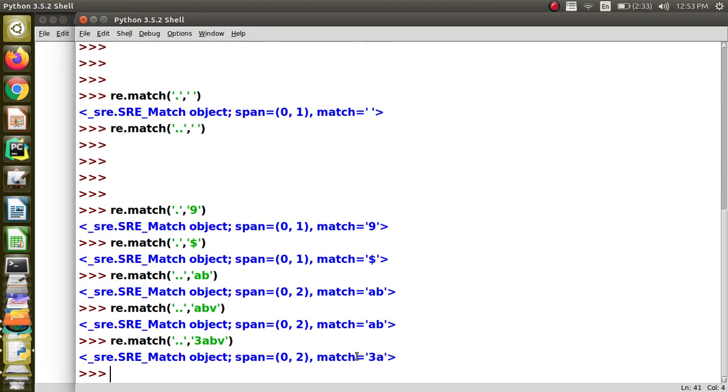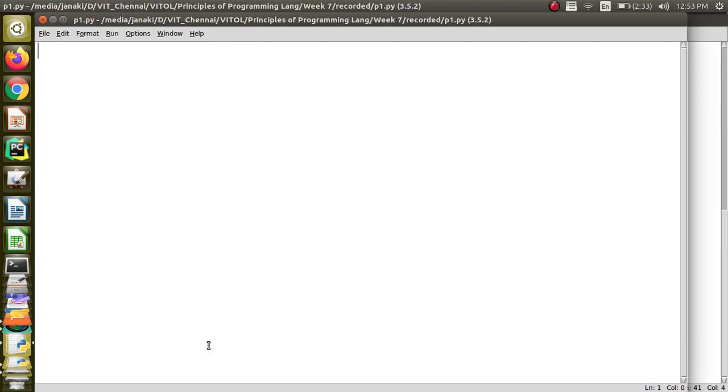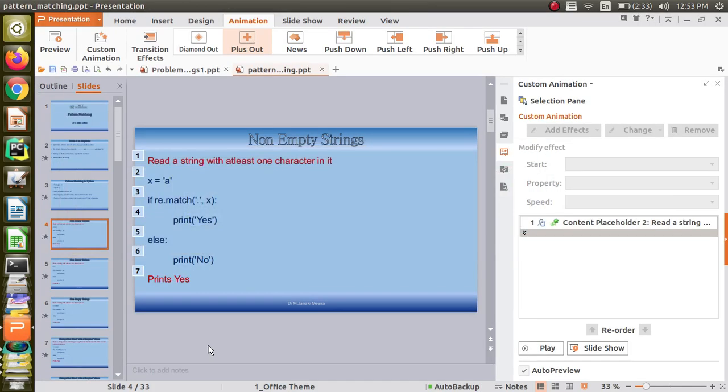See, the two dots are regular expression operators, and for them it will find a match. Here the first dot matches t, the second dot matches a. That is how dot works.